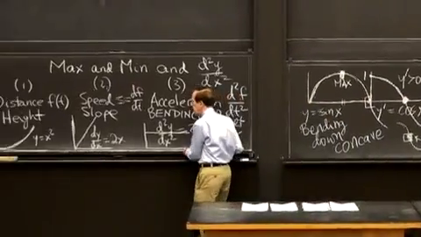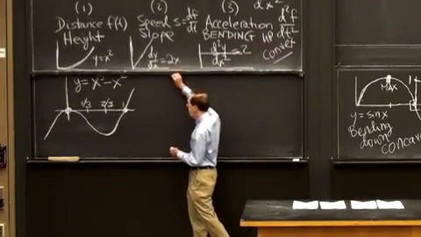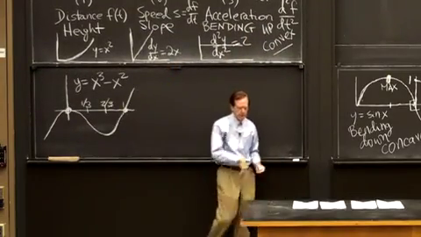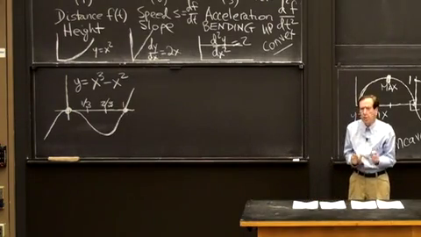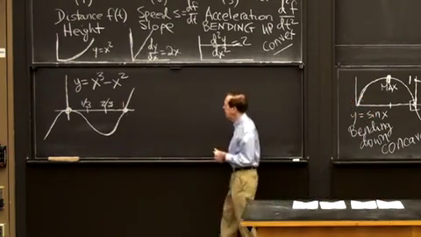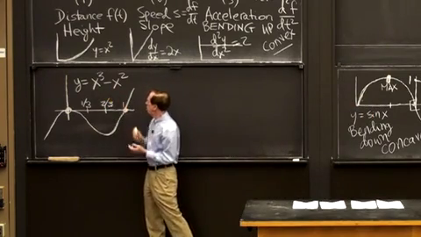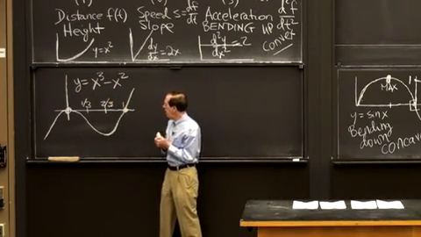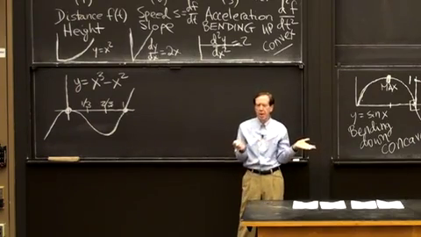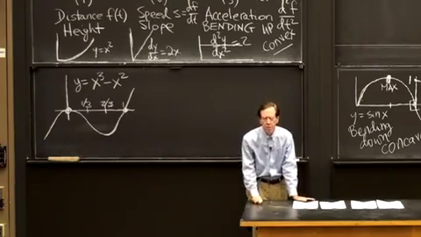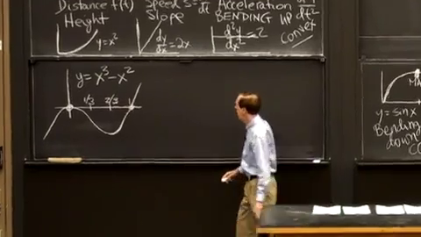Okay, so here we go. I drew it ahead of time because it's got a few loops and I wanted to get it in good form. Okay, here it is. This is my function, x cubed minus x squared. Well, before I look at the picture, what's the first calculus thing I do? I take the derivative. Y prime